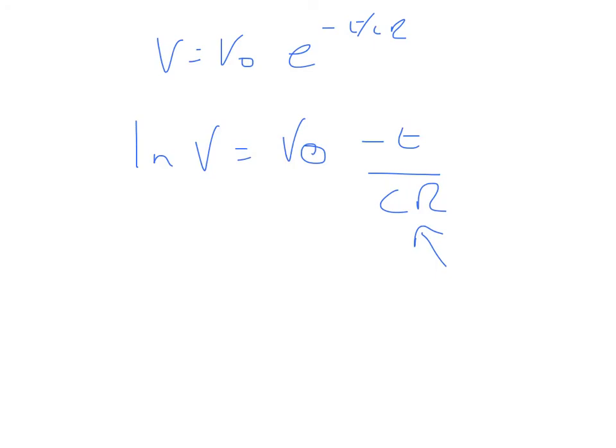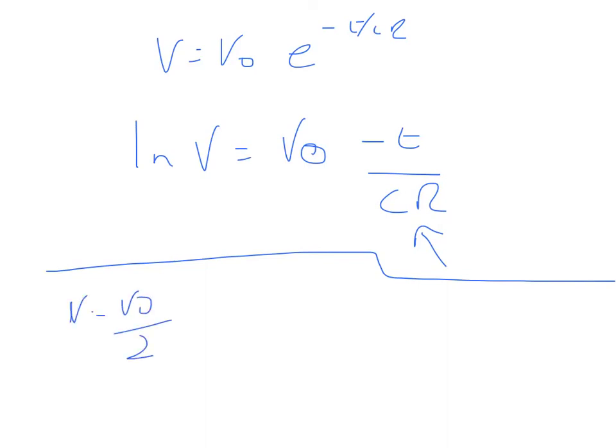Now, in a special case, if V equals V naught over 2, therefore, we have V naught over 2 equals V naught e to the minus t over CR. Okay? So we can then